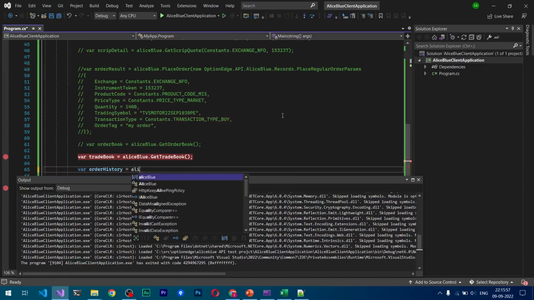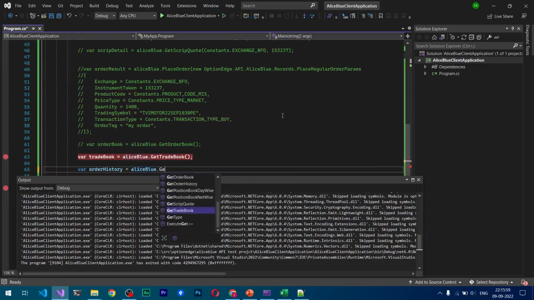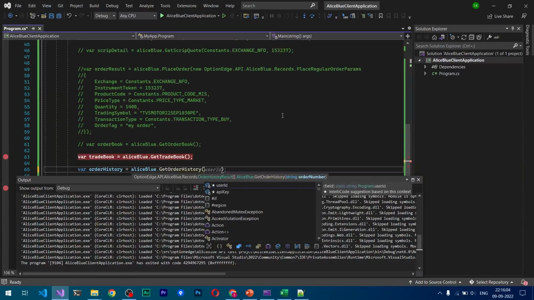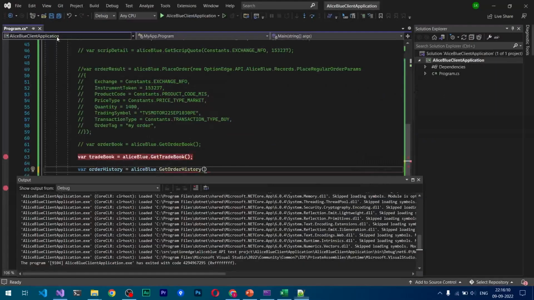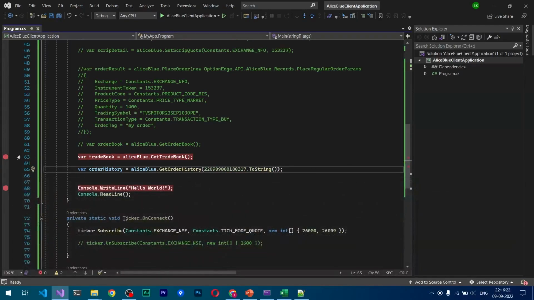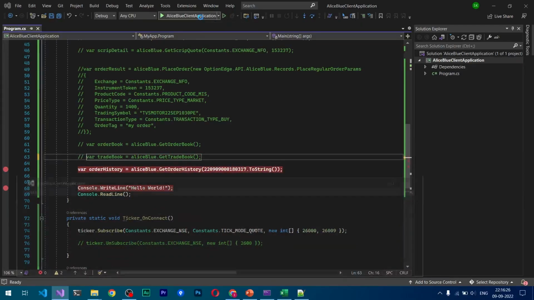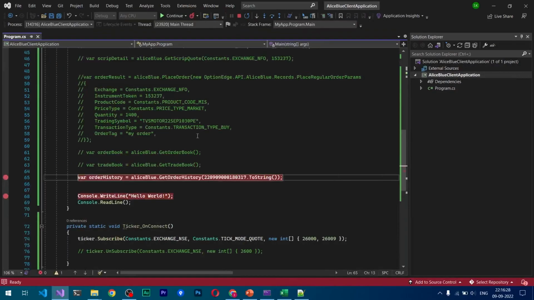So this method will be helpful. Get order history. The only parameter we need is the order number. We have already saved this number that we executed earlier. We will pass this parameter. This is required in string format, and let's comment out this code. If I execute this command,